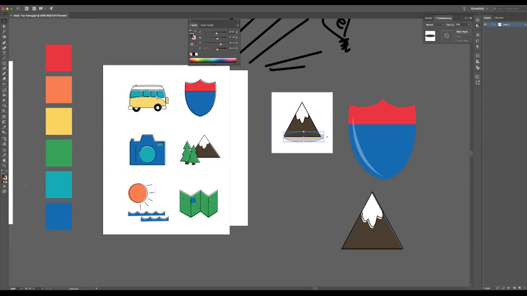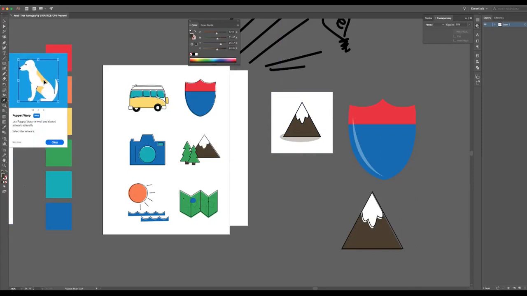Let's see, if the sun's coming in from the right, we're going to need to expand it a little bit to the left. So it gives the idea that it's kind of coming over the mountains and giving you that fill. One way to make that shadow not perfectly round, because there's no way in real life that would happen, is to use